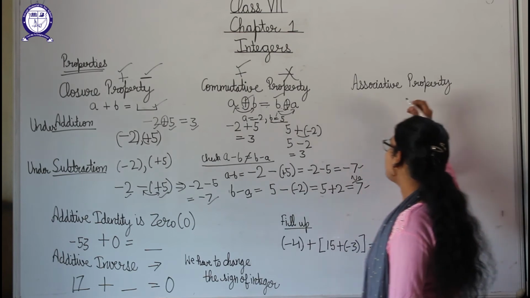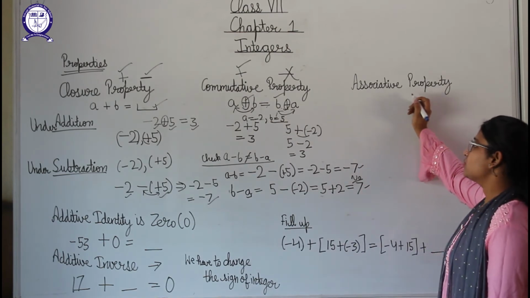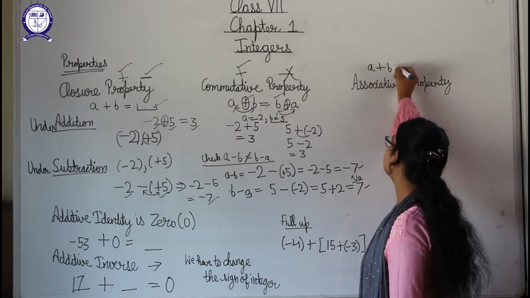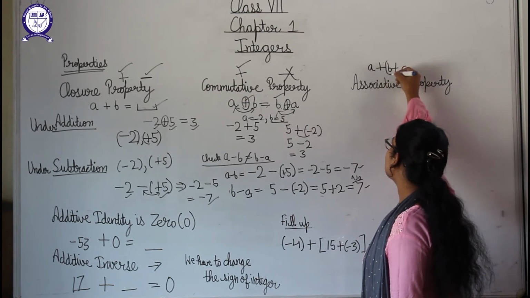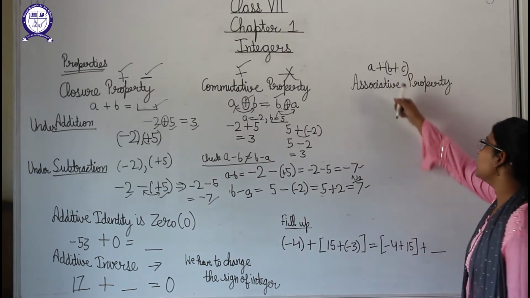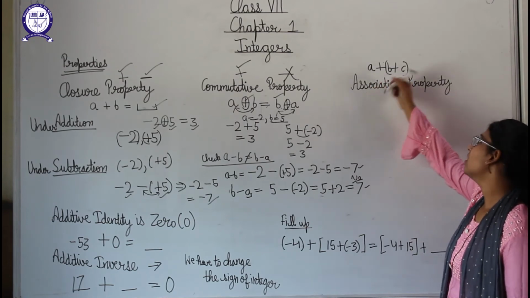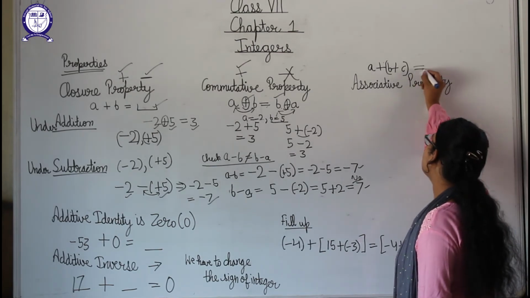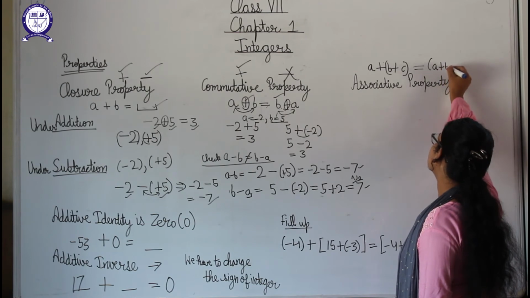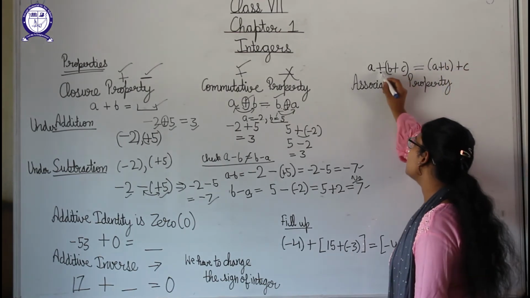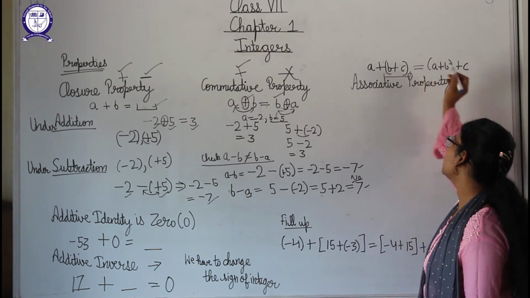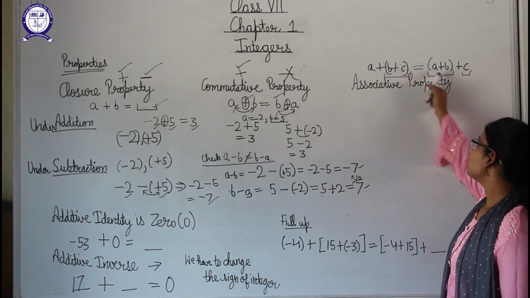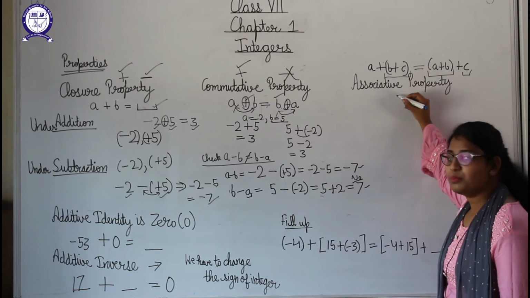Okay. Now our next property is the associative property. In this, students, suppose three integers are given to us: a plus b plus c. In the first case, we are combining b and c first, then adding a to it, because whatever is in the bracket we will solve first. This should be equal to a plus b, then plus c. You can check that here a was separate and b plus c was combined, and here a plus b are combined and c is separate. If these two sides are equal, it means the associative property is satisfied.